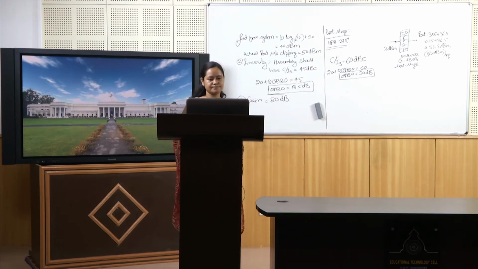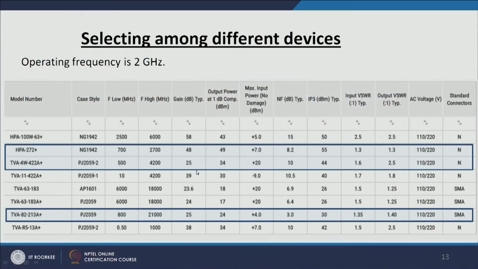So, if we look here, now this requirement is quite low. If we choose HPA 272 which has 49 dBm P out at 1 dB compression, we can use this one also, because if I put minus 20 here, it will give me 14. I can even choose this one, it will give me 4 dBm. So, any of those can work now. So, let us choose the first one. If I choose the first one, then